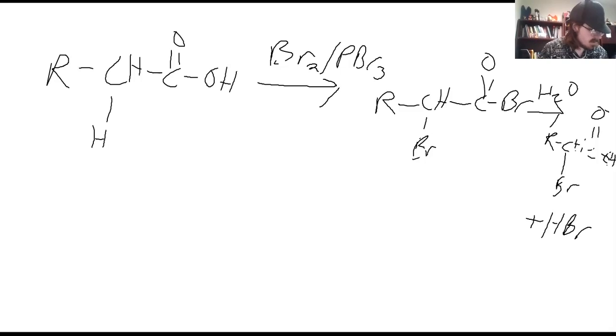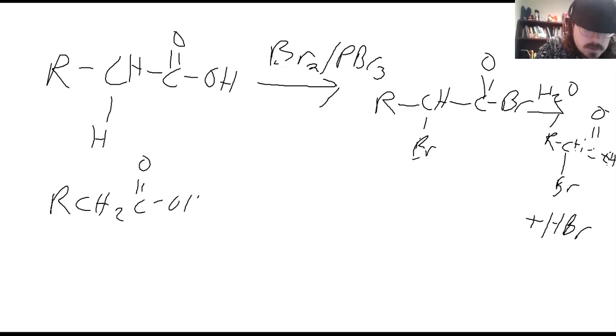Now, the first step is to make an acyl bromide with PBr3, which can then attack bromine. The acyl bromide can be used to make any acid derivatives. So yes, you do need PBr3 and bromine. So the first step is essentially we're going from this to our CH2 R,